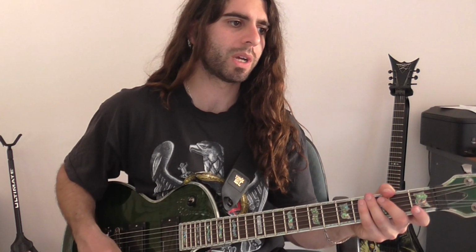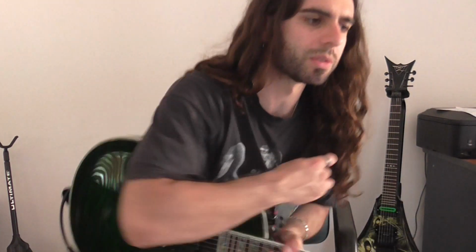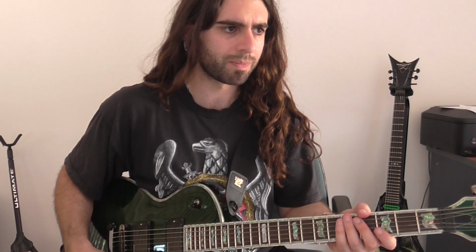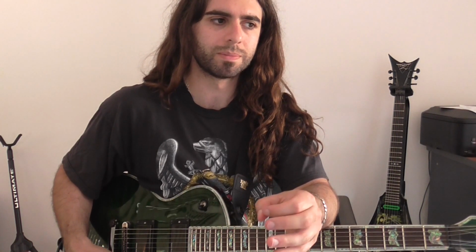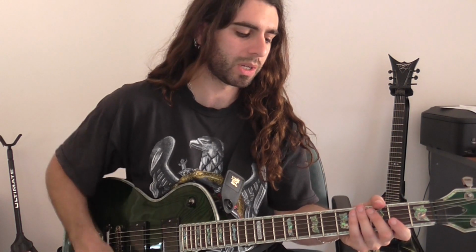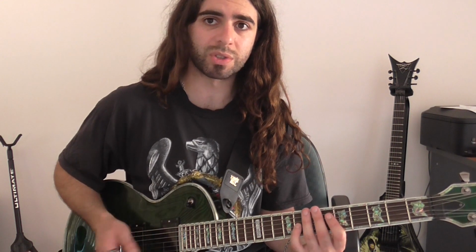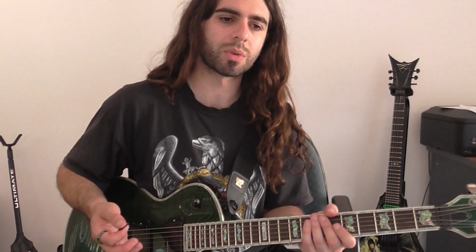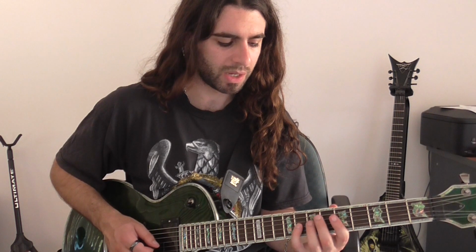Okay. Now the next one, F sharp diminished, is a little odd. It's not at all like the other sweep arpeggios we're going to be looking at. As we get further into this, we're going to be doing a full diminished 7 arpeggio. We'll worry about the theory later. But what we're looking at here is A, E flat, which is not particularly part of the scale, but I suppose we're already starting the full diminished 7. But A, E flat,